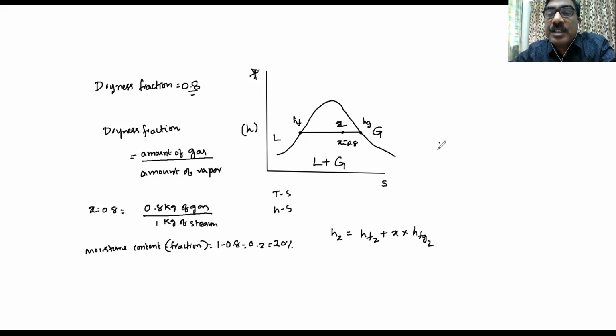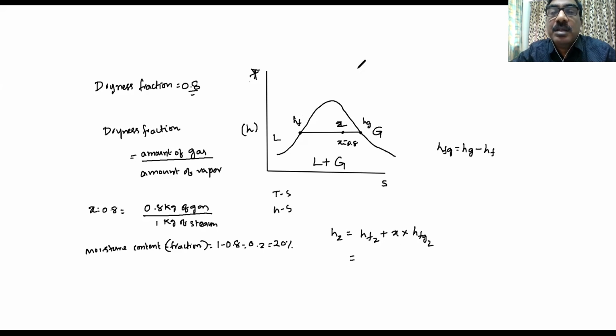So HFG is nothing but Hg minus HF. Out of this total heat, 80% of the heat is added. So therefore, if you want to get this H2, you have to calculate HF and add